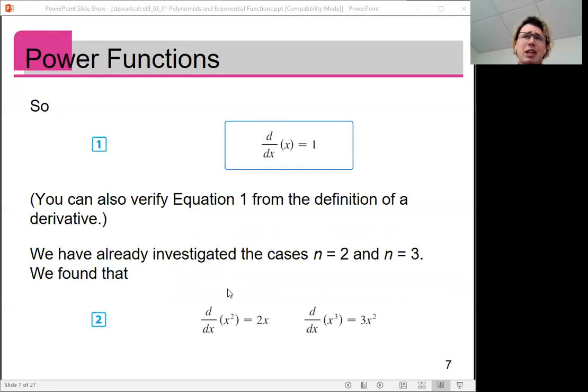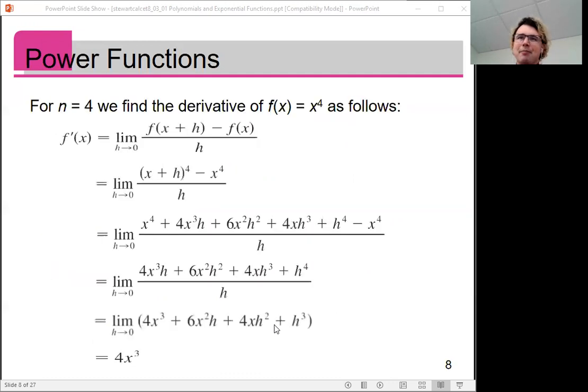And if we think back to previous homework problems, then we've already seen things like the derivative of x squared is equal to 2x. The derivative of x cubed is equal to 3x squared. These should be familiar things. So let us come up with a rule for all of the power functions, no matter what power n is representing. Let's see what happens for